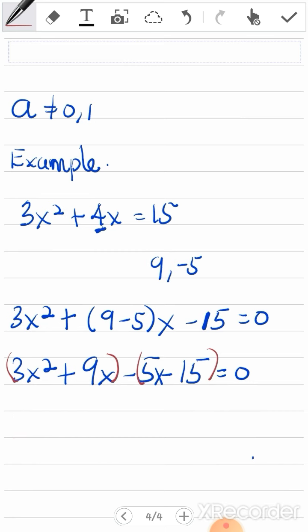Then I'll factorize. I'm going to get 3x out. Now I'll get x